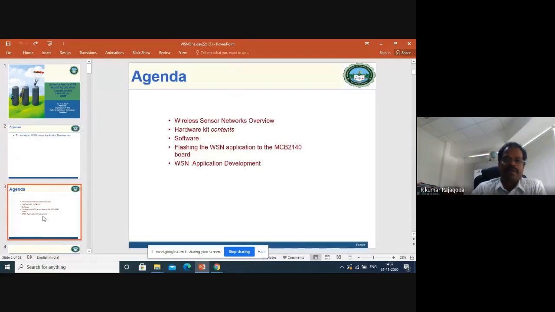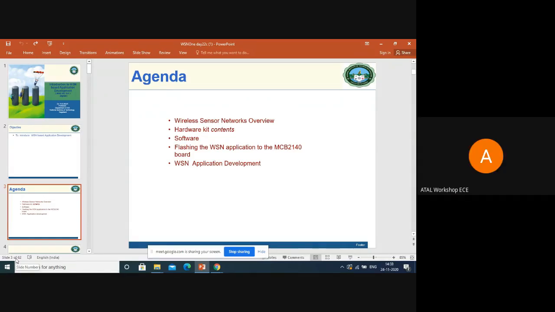So the agenda: wireless sensor networks overview, the related concepts, and the kit contents. It's like a test bench. People will say,